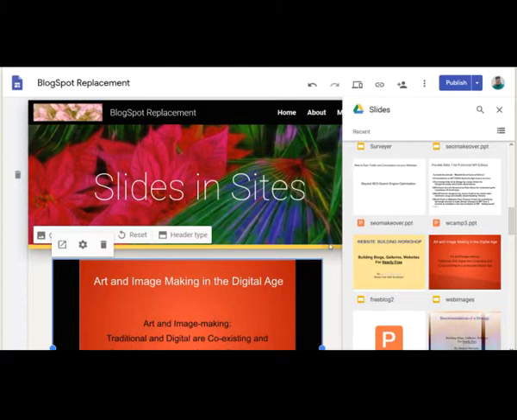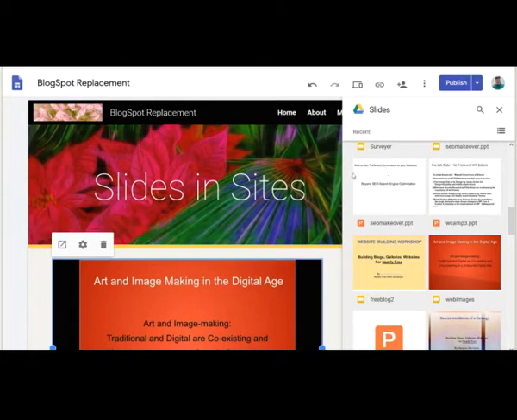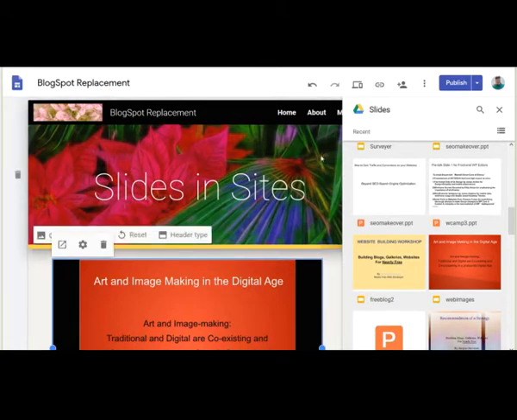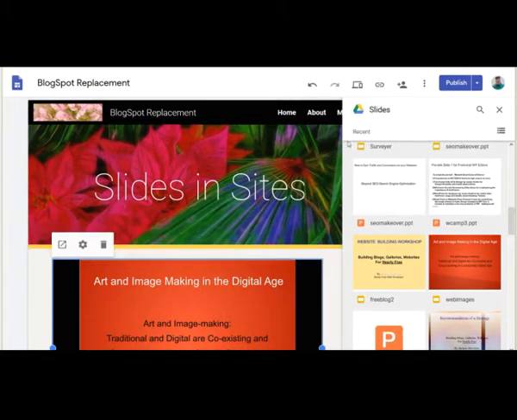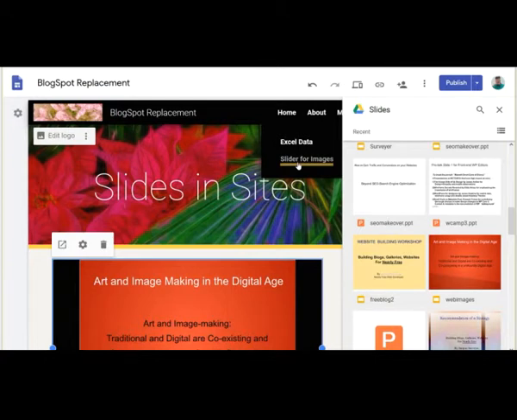They promised it, but it's still not here yet. And so we're going to have to go back and change one thing, and that is instead of slider for images, we're going to change the title to